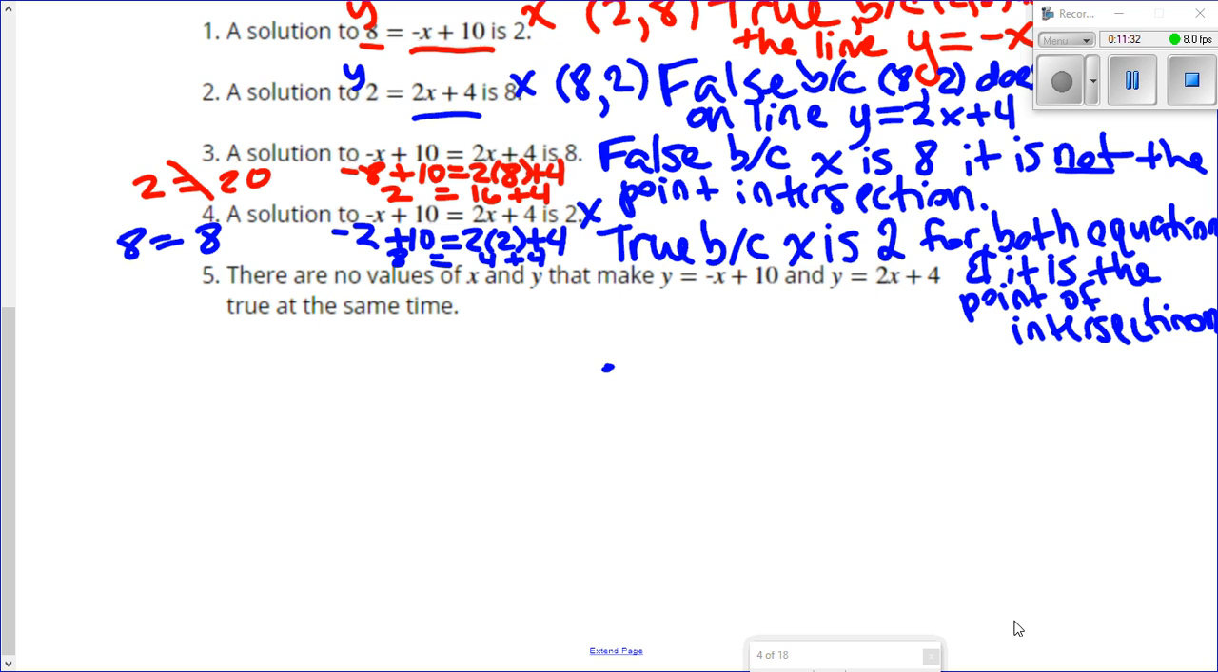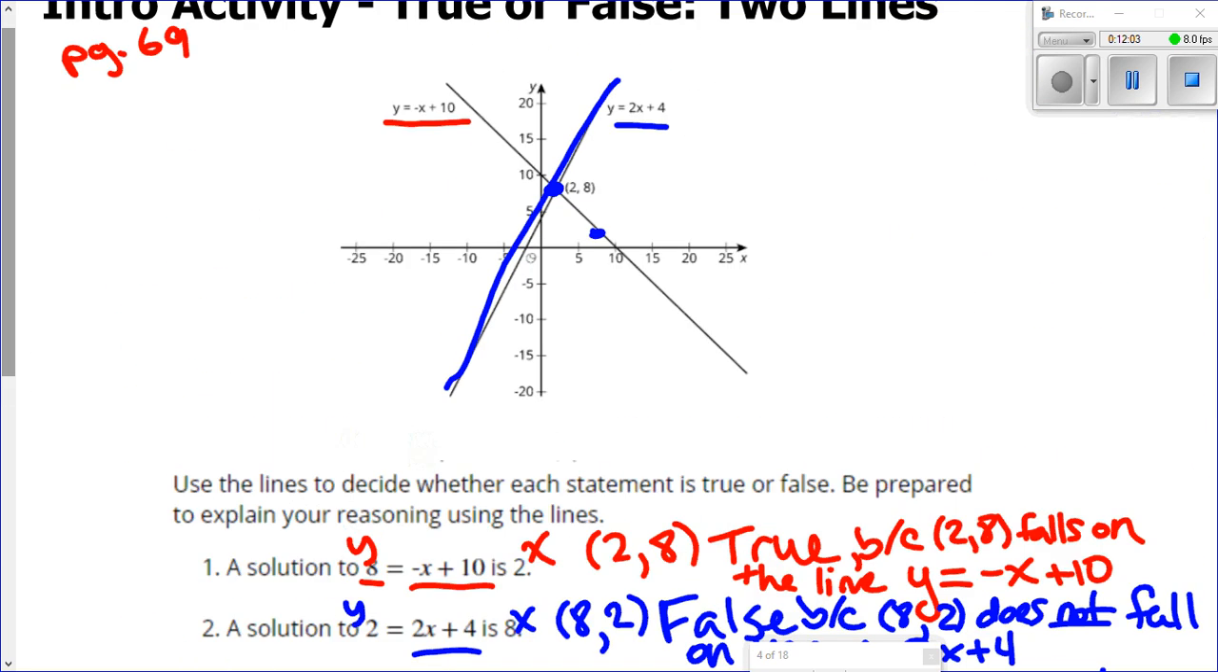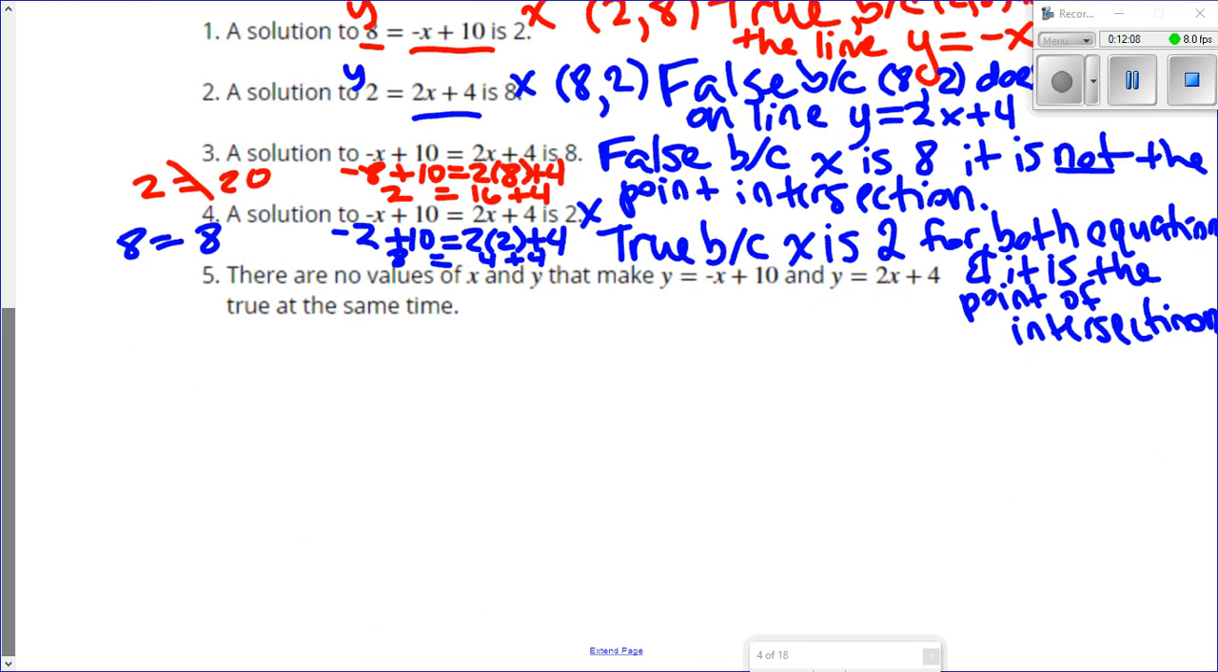All right, let's take a look at question 5. Again, please make sure you have all this written in your notes. If you need to pause, go ahead and do so before continuing with problem 5. There are no values of x and y that make y equals negative x plus 10 and y equals 2x plus 4 true at the same time. Well, we've already talked about why this statement would be false, because we found a point of intersection for these two equations or these two lines. So since we have a point of intersection here, that clearly is the solution to both equations. So for number 5, we would have to say their statement is false